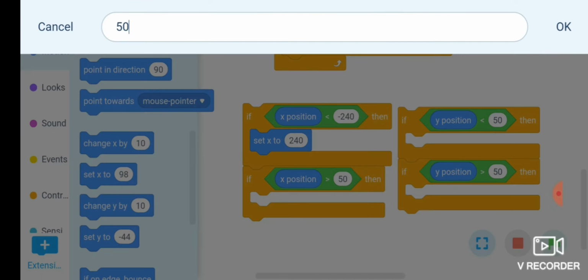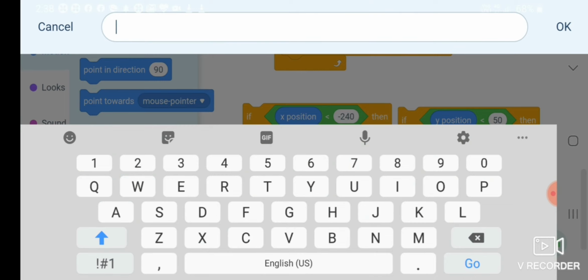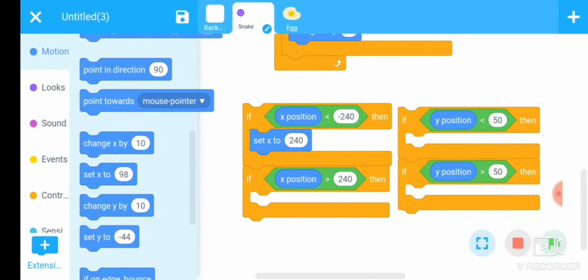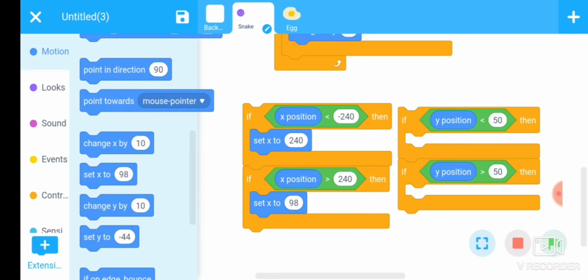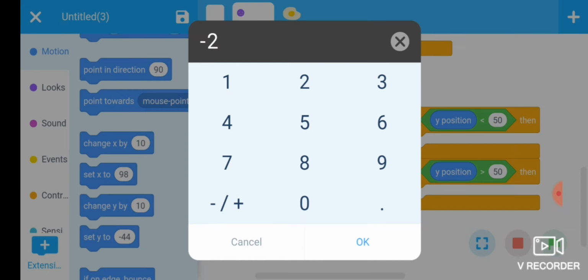Same, if x value is greater than 240, then it should come out from minus 240.